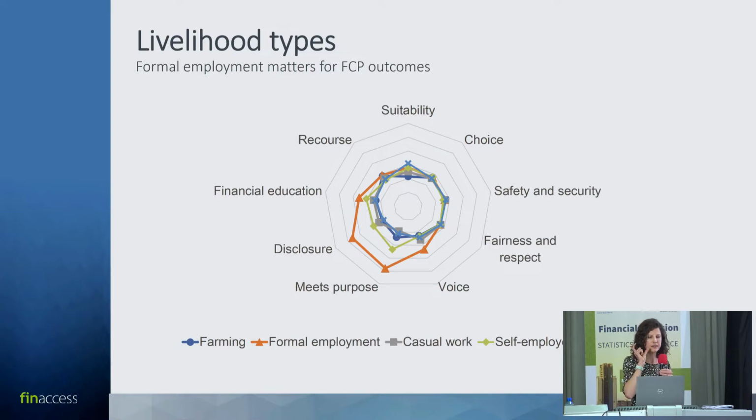Where do they lie? Disclosure, so the access that people have to information, where they turn to for the information, whether they're able to borrow or save to mitigate a shock or to achieve a life goal, whether they're able to effectively communicate. Those in formal employment still do have, I think as expected, a definite advantage.